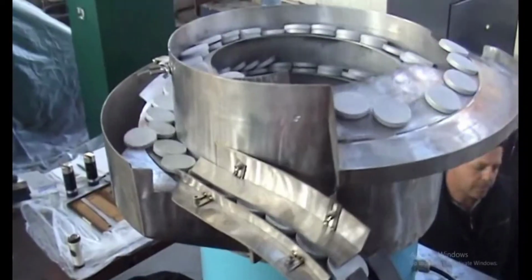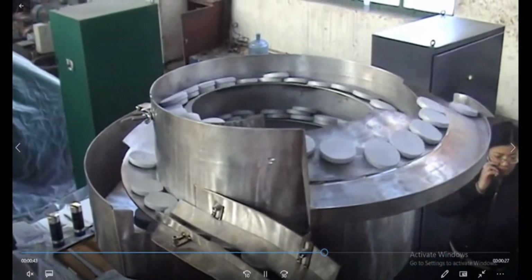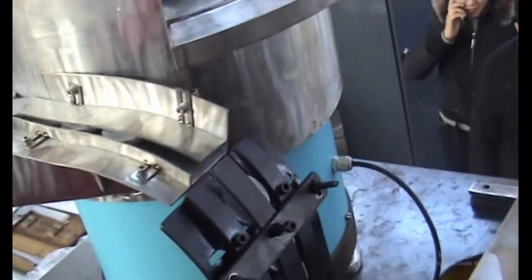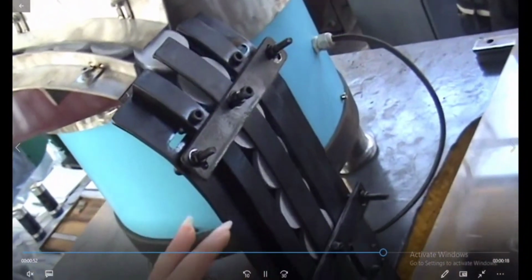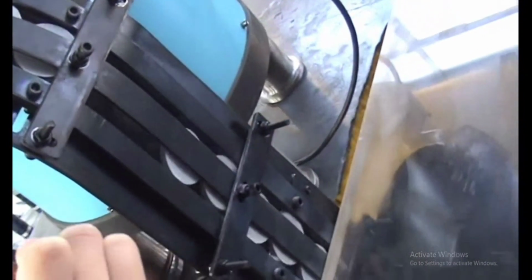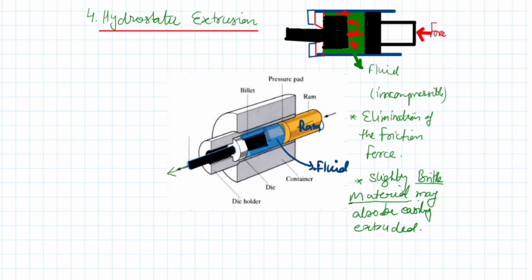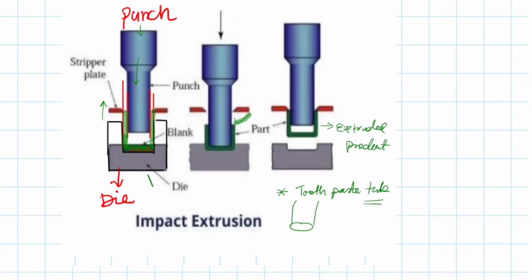These are the small workpieces called blanks. Okay, this is the impact extrusion process. Just have a look at the direction of the movement of the punch and the direction of the workpiece. These are opposite. Here the blank is placed, the punch compresses it, and the material comes out in this direction. So this is the impact extrusion. So this is all about the extrusion process. Thank you.